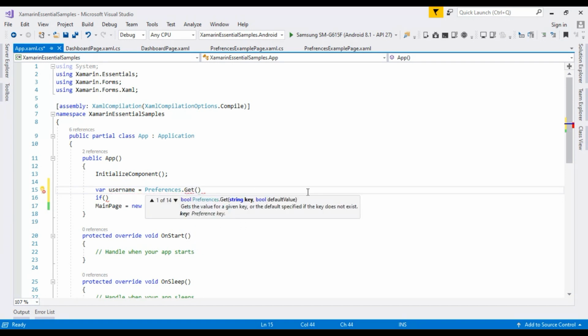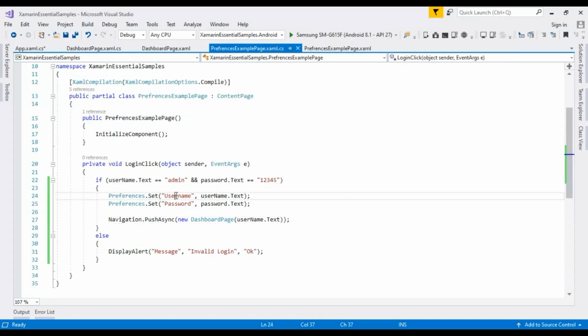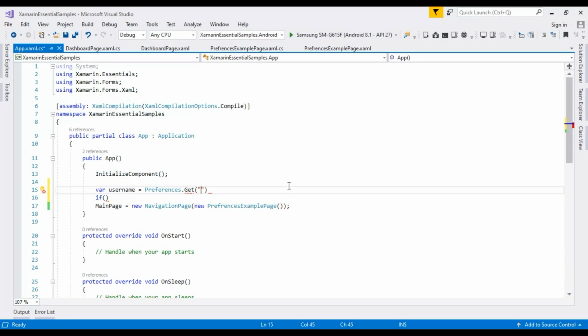To use this Get method, we have to pass two arguments. The first one is the key. When we are getting some value, we have to remember this key name. Here we are using username as a key. Same thing, we are using this username for getting the username, and we have to pass the default value,